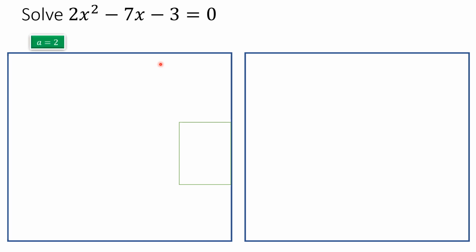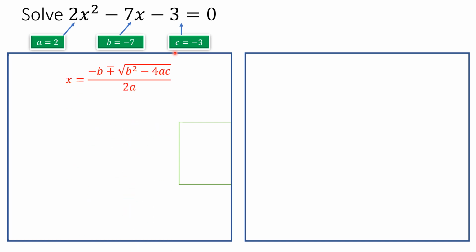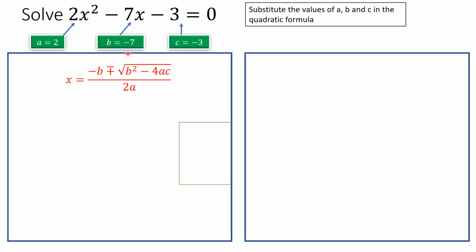a is equal to 2, b is equal to negative 7. Keep in mind the sign in front of the number 7, which is a negative, and c is equal to negative 3. So we have our quadratic formula, which is negative b plus or minus the square root of b squared minus 4ac, all divided by 2a. Now we're going to substitute the values we obtained for a, b, and c